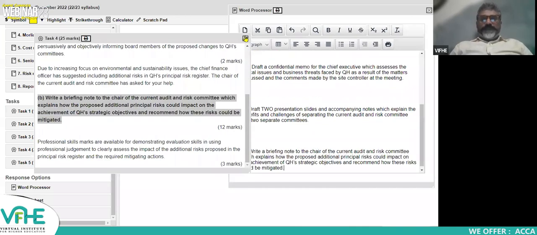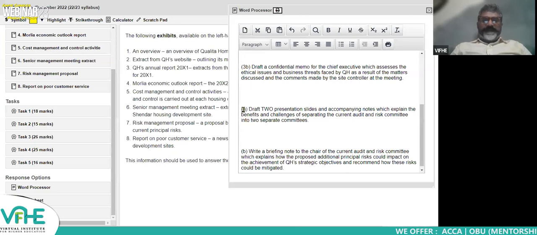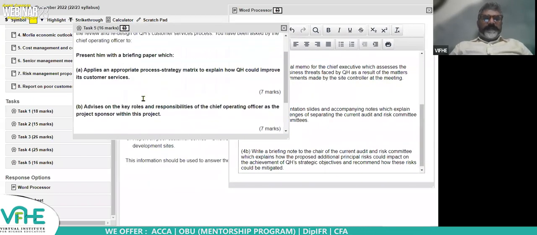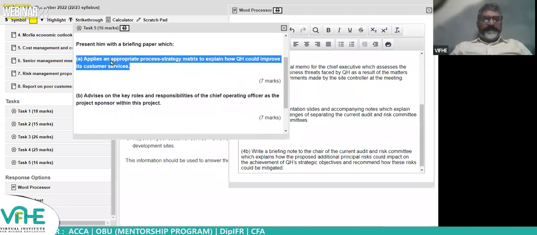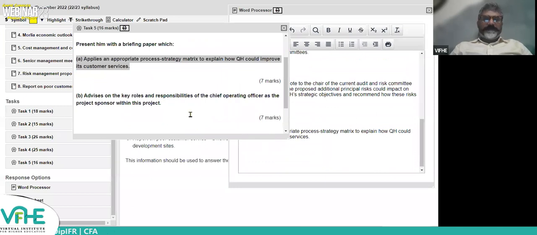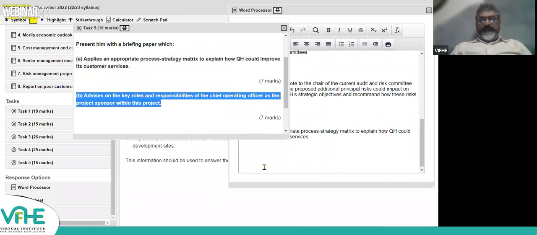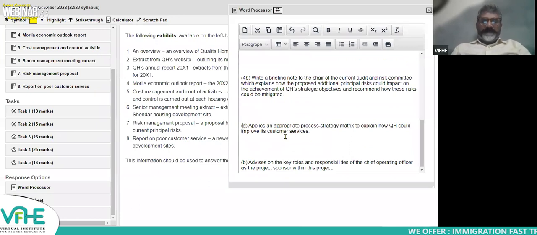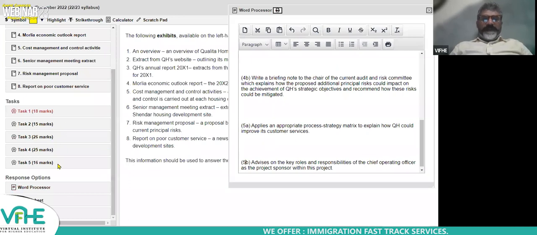If you do it 2 or 3 times, your speed will become as fast as I am. All you need to do is copy, paste, and then task number 5 will take you maximum 60 seconds to copy paste. So now, while reading the exhibits, you don't have to open